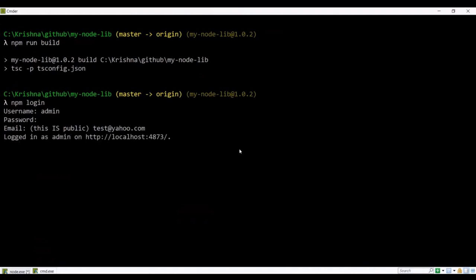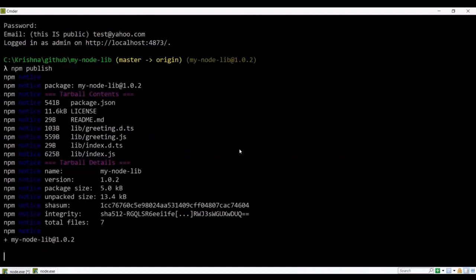It's shown as logged in as admin on our localhost:4873. We can start publishing our custom library using npm publish. It will publish. As you can see, the package version is 1.0.2 and the package name is mynode-lib.